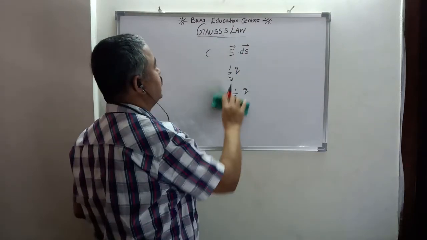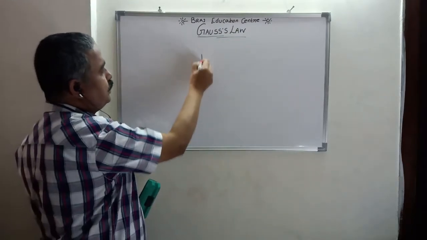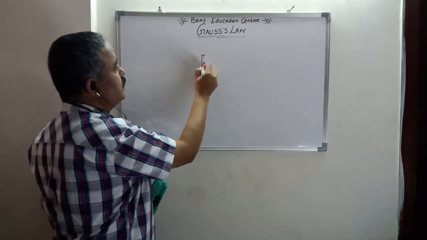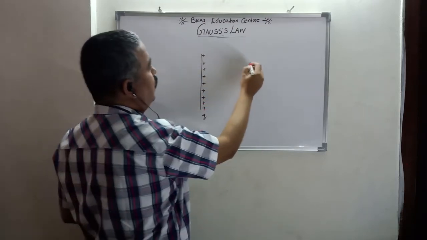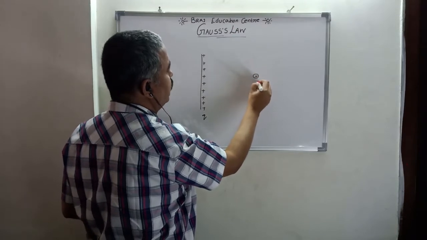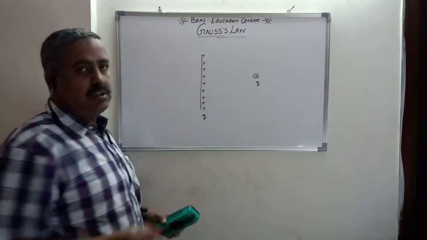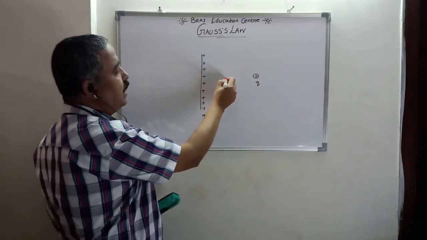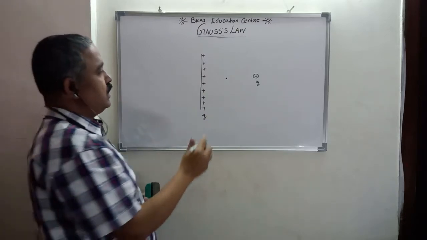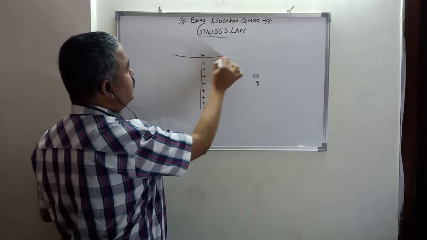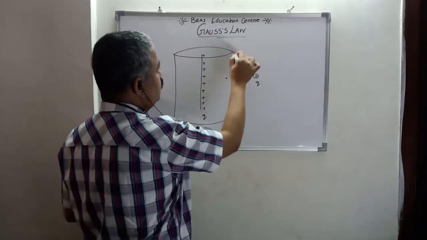One more thing we consider: if I have a charge configuration like a line charge, let us say it is uniformly charged with a positive charge of q, or a point configuration also having a q charge, it is not necessary that there is a surface around it. But when I want to calculate electric field at this point, then I need to imagine a surface which is enclosing it, and that imaginary surface is known as a Gaussian surface, which has certain conditions to be met.